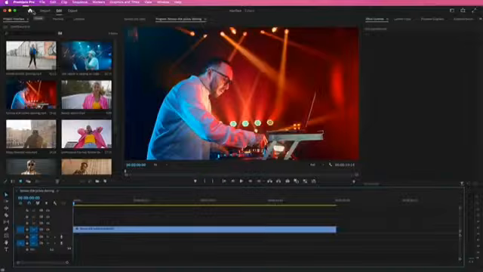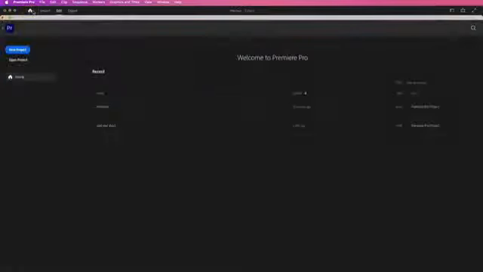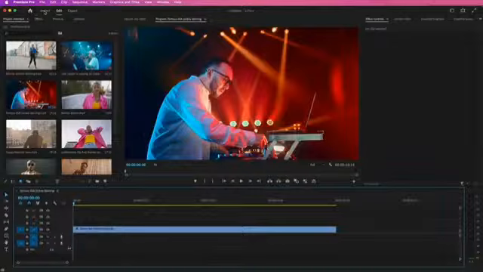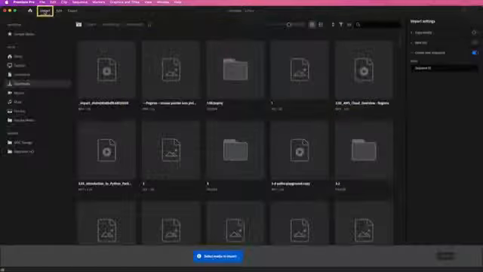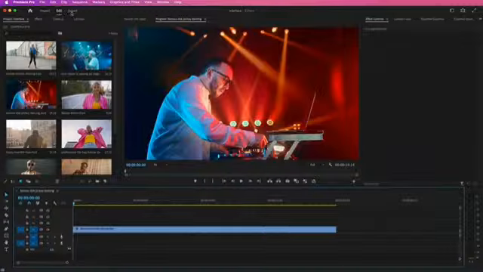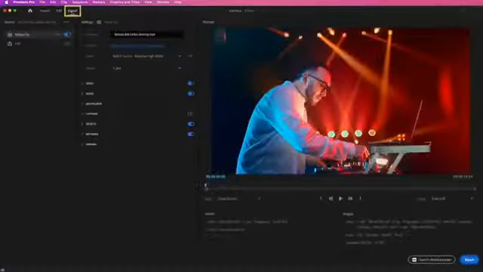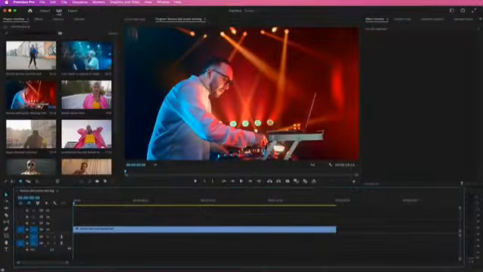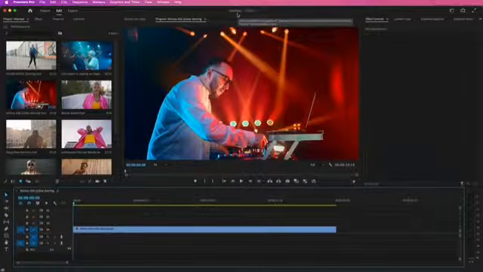Firstly, we have a Home button to open the home screen. Then we have an Import tab, which will help us import files. Next, we have an Edit tab, which will be our main tab for editing in Premiere Pro. After that, we have an Export tab, which will help us export videos. Below that, we have the project name, and hovering over your project will also show the destination where the project